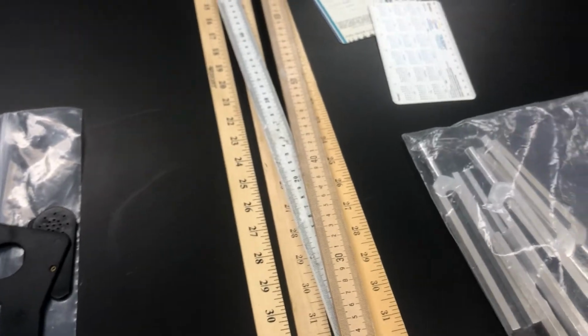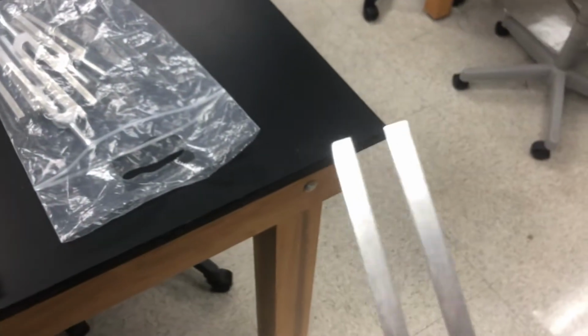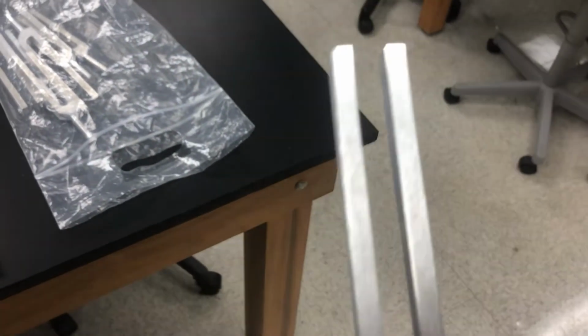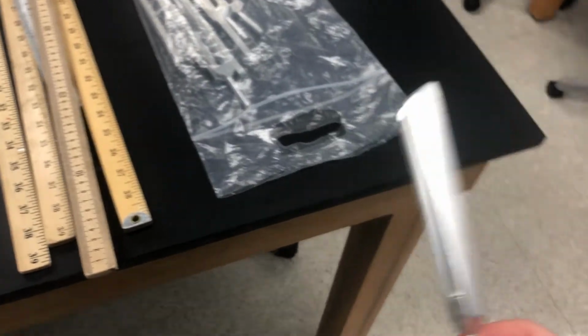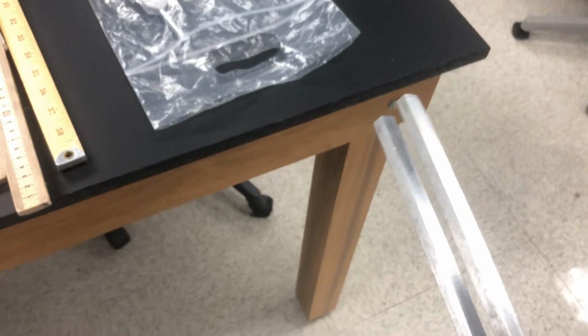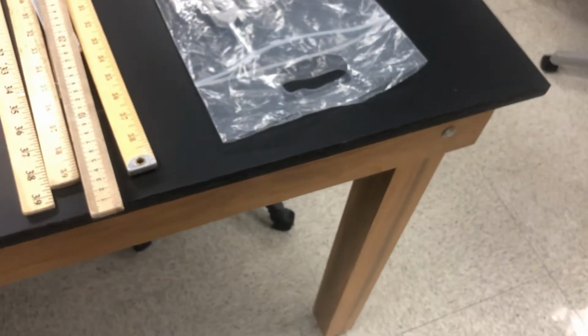We have our tuning forks here. That's for Rinne's and Weber's test. That's for the hearing part of the lab this week. Please, please, please do not strike the table with these things, okay? It damages the tuning forks, and it also damages the table. Best thing you can do,